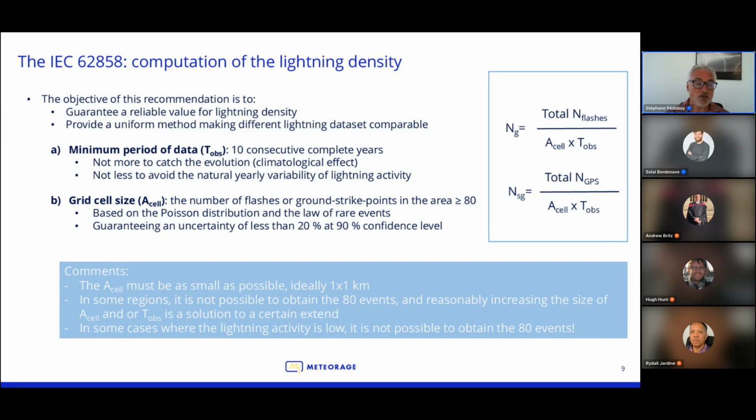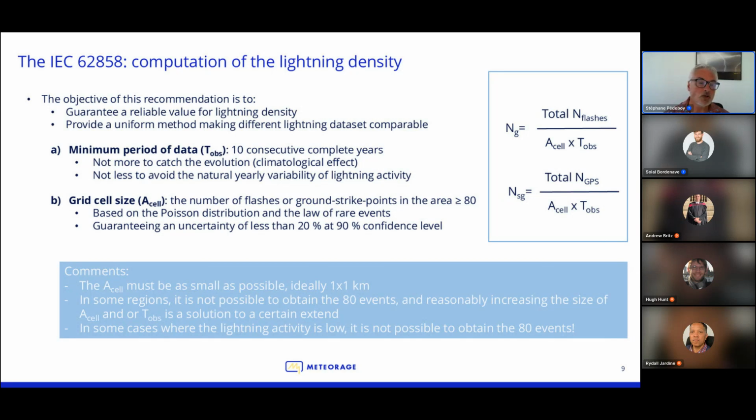This is based on the rare events law, used to be called the Poisson law. So as soon as you get 80 events or more within the domain of calculation, you can be sure that the uncertainty is less than 20%, which is the main objective of this